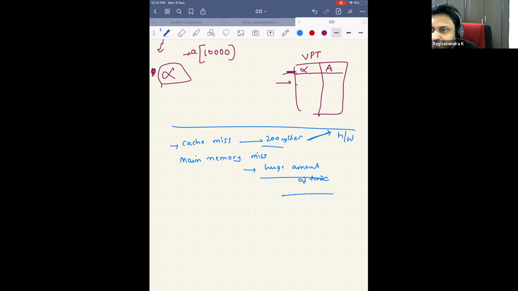So it is better for whom to handle? You go and tell the operating system, hey, there is a page table miss. I don't know what to do, you do whatever you want. Then what will the operating system do? The operating system will initiate the transfer from the hard disk to the main memory. But at the same time, what else can the operating system do? It can schedule some other process to work. So that's why this is handled by the operating system, in software. The entire page table is handled by the operating system. It's actually a data structure in the operating system.